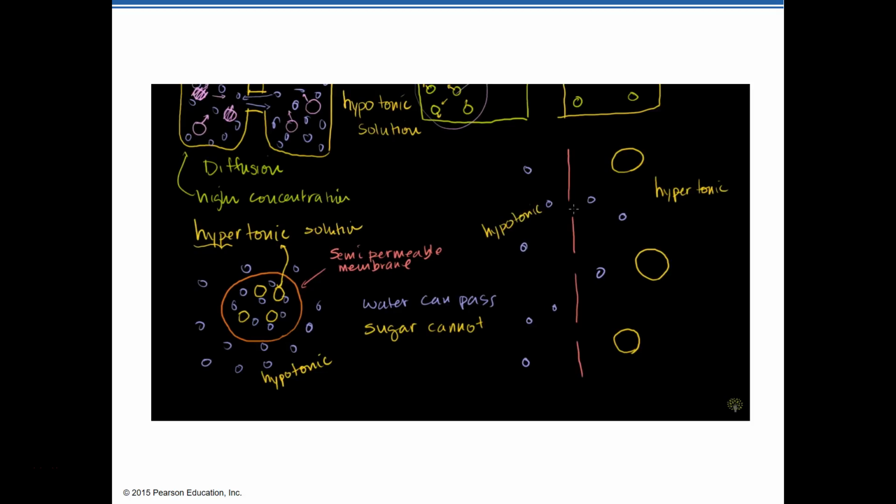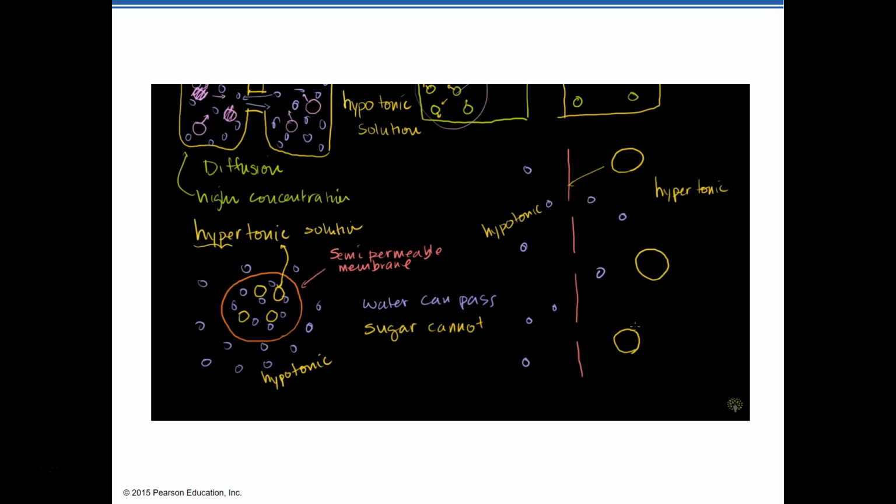Now, if these openings were big enough, based on what we just talked about, these guys are bouncing around. Water is traveling in either direction with equal probability. If everything was wide open, it would be equal probability. But if it was wide open, these guys eventually would bounce their way over to this side, and you would probably end up with equal concentrations eventually. And so you would have your traditional diffusion, from high concentration of solute to low concentration of solute. But in this case, these guys can't fit through the hole. Only water can go back and forth.